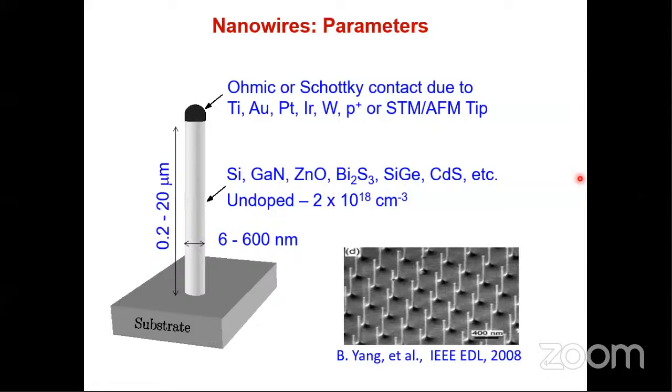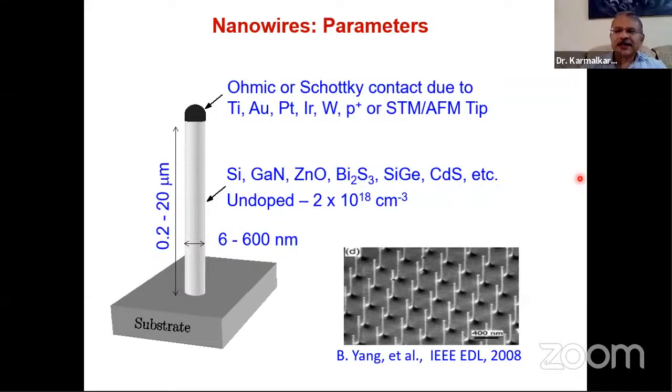Sir, it may be based on the work function difference between metal and semiconductor. Yes, it is based on work function difference. That is true. But fundamentally, an ohmic contact means a contact which has linear current voltage characteristics. Linear means if I plot I versus V, I'll get a straight line passing through the origin, because it's like a resistance. It follows Ohm's law. Ohmic contact is a contact that follows Ohm's law.